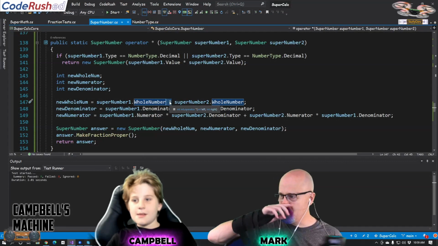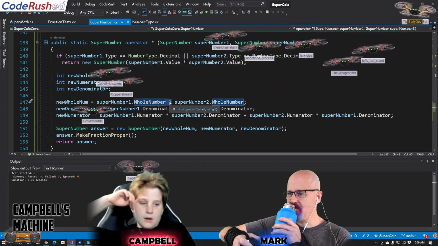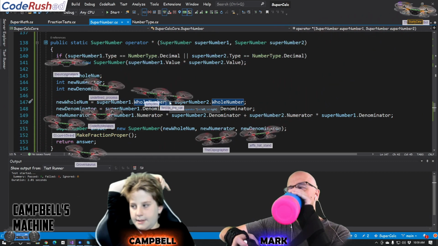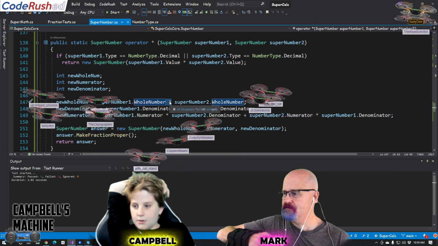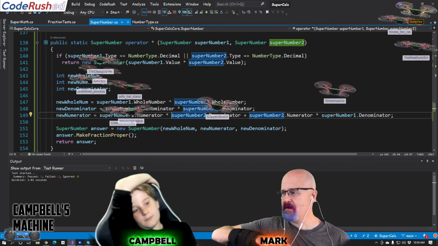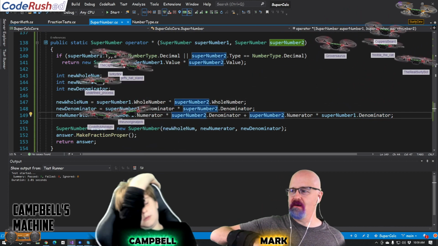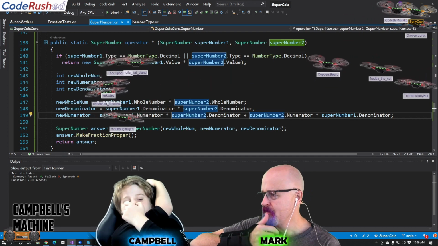All right, back over to your code. Okay, so you changed that to a times. Yes, and an asterisk. All right, fine. That's my times. Now you're going to take care of figuring out what the new denominator and new numerator are when I multiply together SuperNumber 1 and SuperNumber 2. So what do you have for